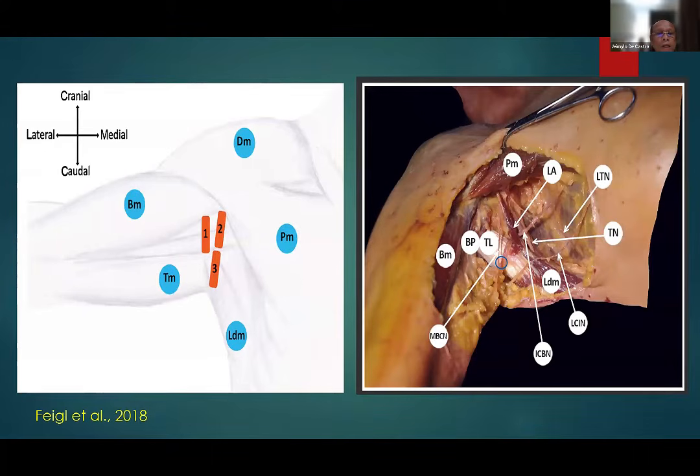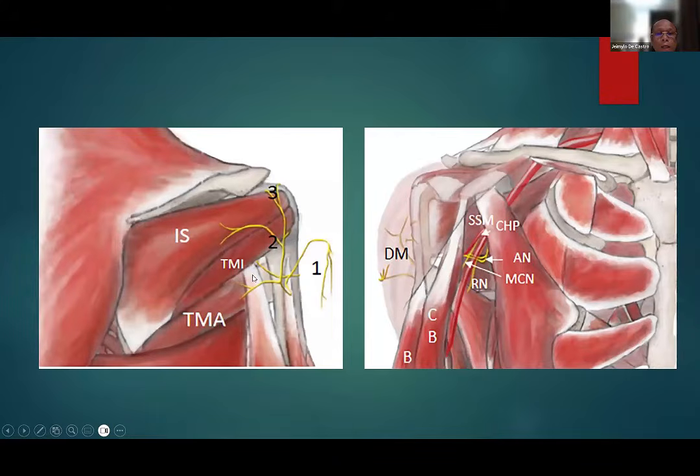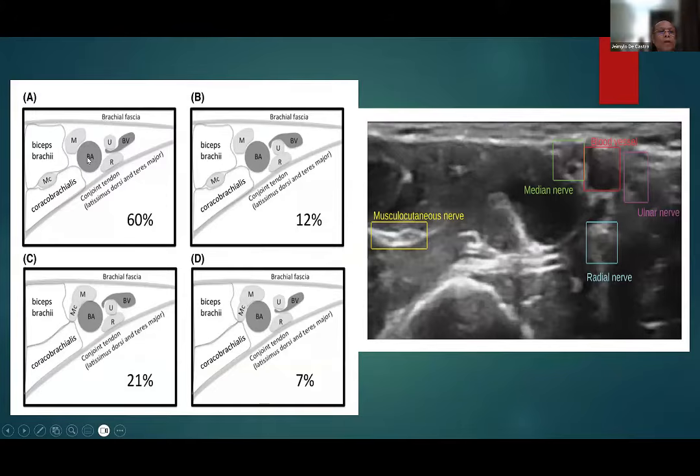Again, this is another view of an approach whereby you approach the axillary nerve from the anterior portion, actually in the axilla. And so you can see here all the muscle layers, the biceps, teres minor, then the deltoid, pectoralis, and latissimus dorsi muscle in relation to the location of the axillary nerve. Again, this is posterior, this is anterior of the axillary nerve. Then you can see the relationship of all those muscles. So usually what I do is